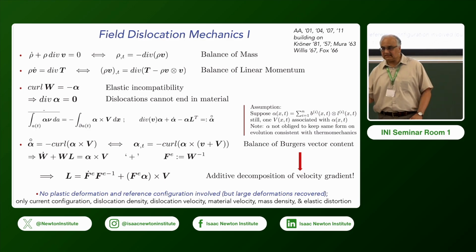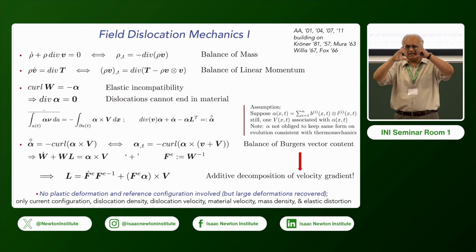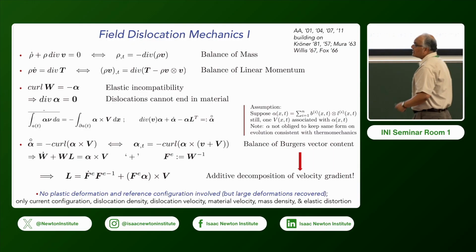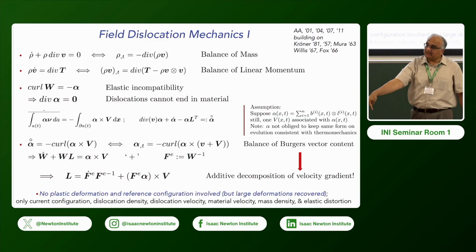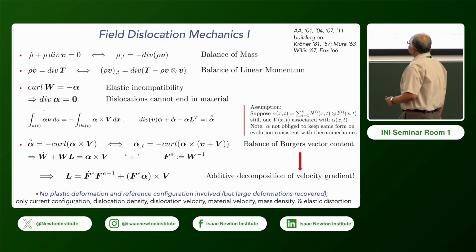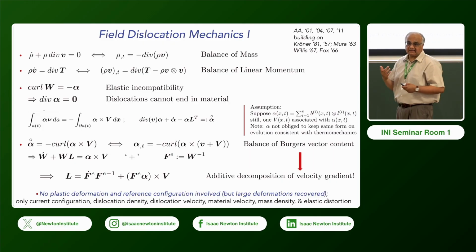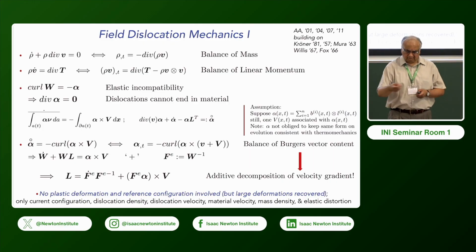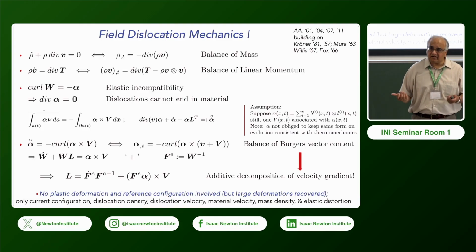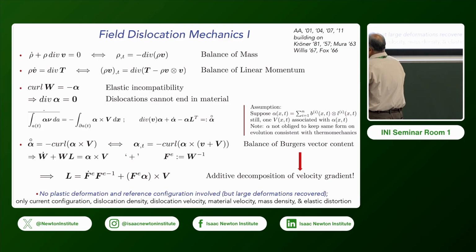Okay, so this is the main thing. So that's what characterizes dislocation. So the Burgers vector I showed you, because if this curl is non-zero, then when you map to the reference, you're going to get a deficit. So this is the first difference, and then because it's a curl, the divergence of alpha has to be 0. This has to do with the fact that these are loops or lines that go from boundary